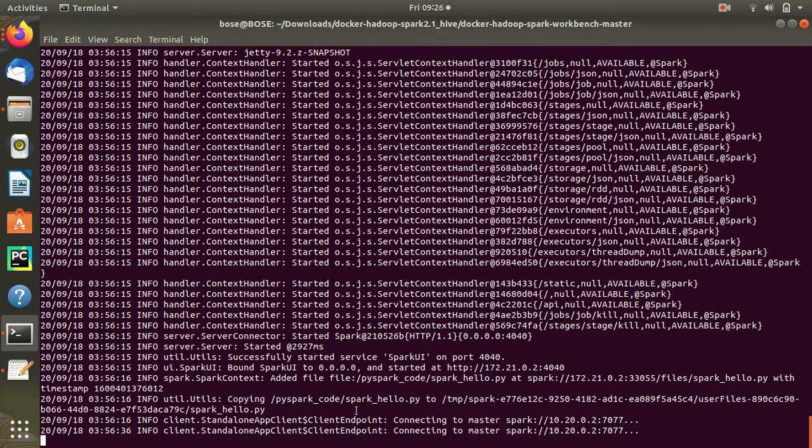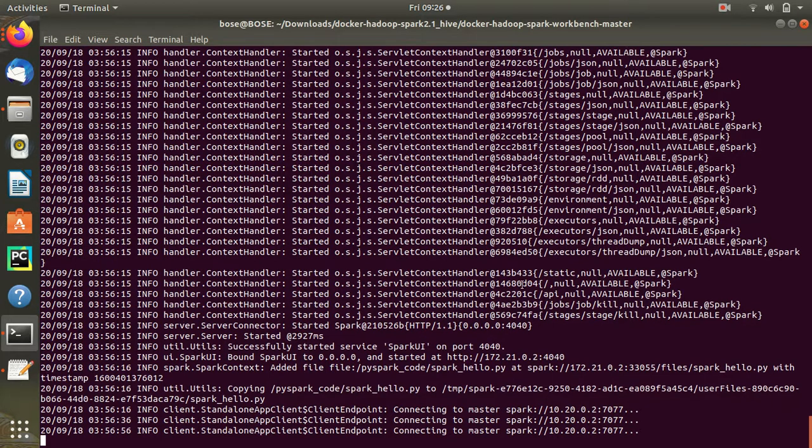That way it becomes very easy to run. We can get the feel of the IDE as well as the feel of the cluster.